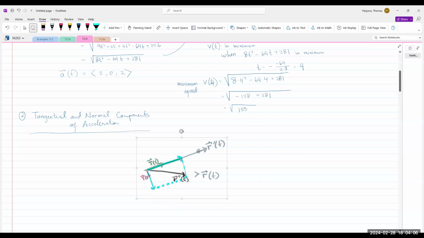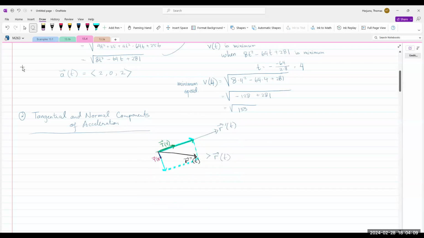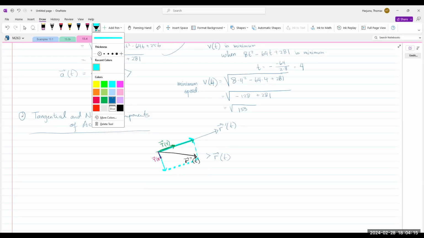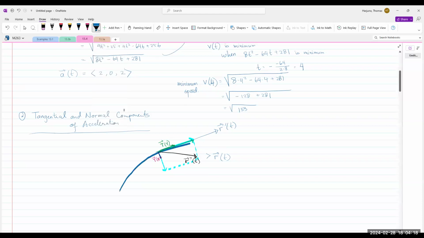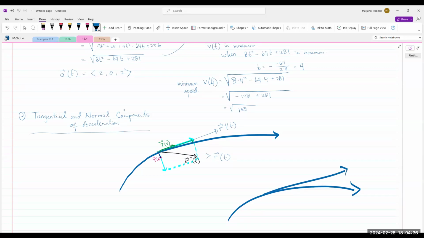Let's see how we actually use this though. Now, before, oh, I forgot the curve. Let me do the curve. Let's say the curve looks like this. Yeah, let's say that's the curve. Okay. Now remember I used the illustration of a car before, right? If this is your car traveling at this point on this path, and this is your r prime t, we say that r prime t is basically the direction of your headlight if you are driving a car, right? Okay, now